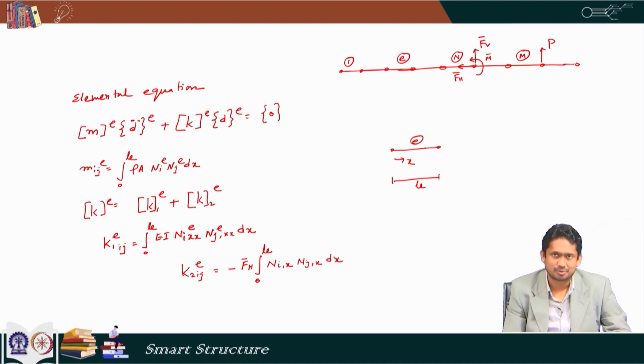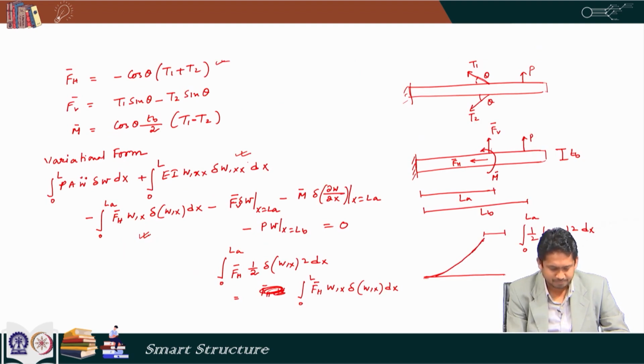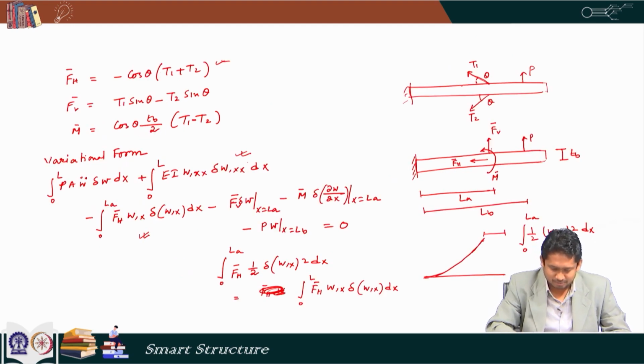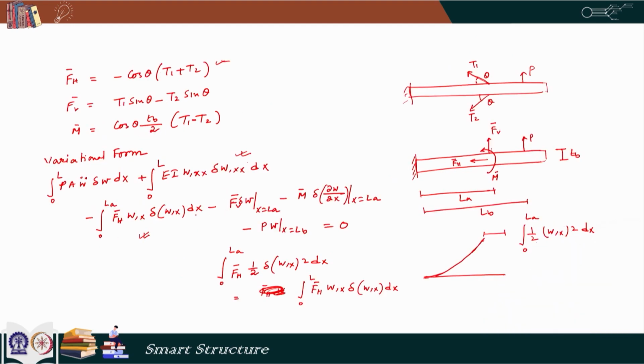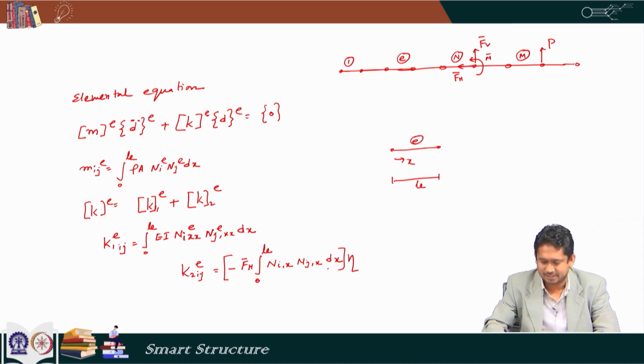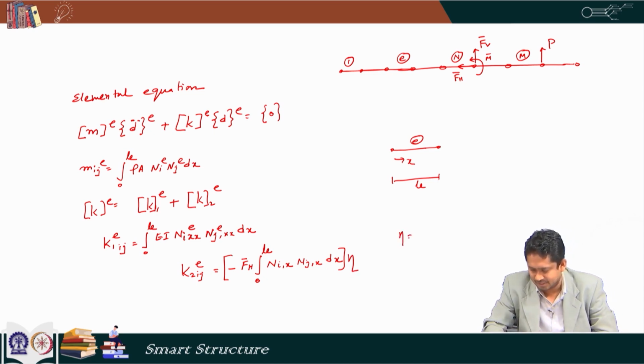If you follow the same procedure that was described while discussing the finite element method in the last two classes, from this expression we get this as a matrix. Now, this quantity is valid only between x equal to 0 to L A, because this integral is from x equal to 0 to L A. Beyond x equal to L A, this quantity is 0. So, we can define a quantity here, eta, which is multiplied here, and we can say that eta equal to 1